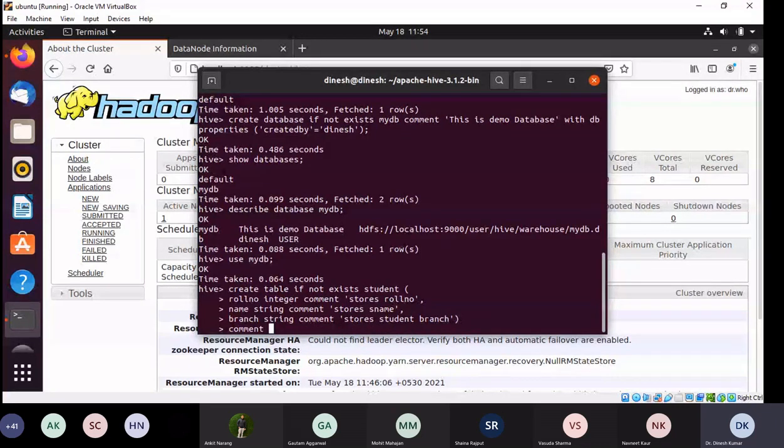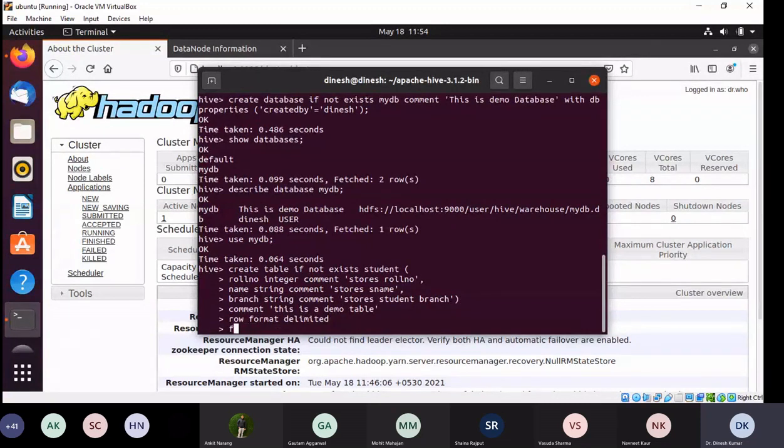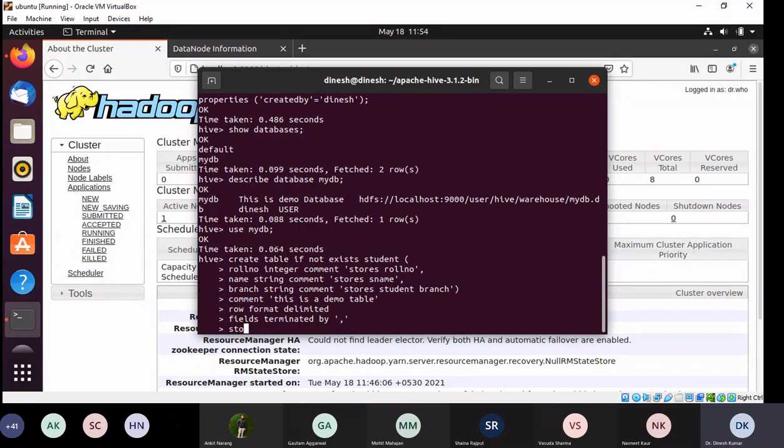So these all are optional. Fine. Then row format delimited, fields terminated by comma.